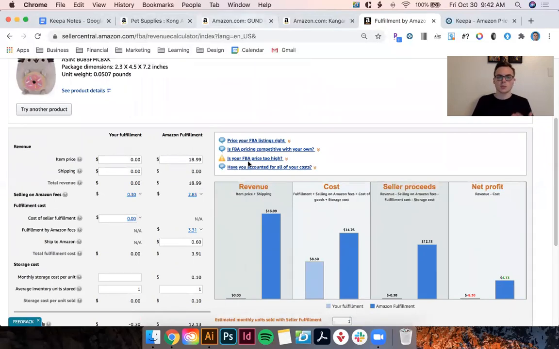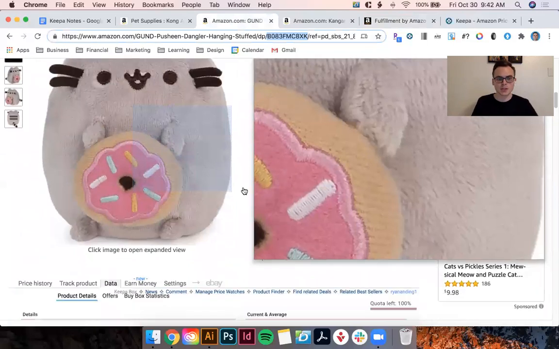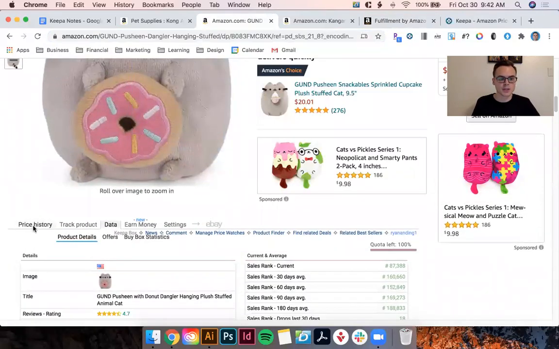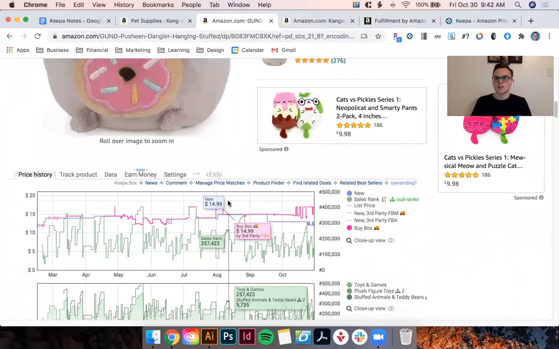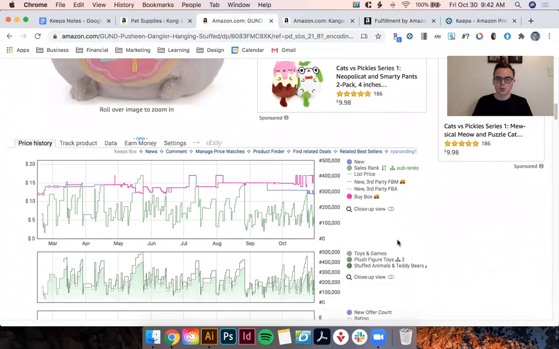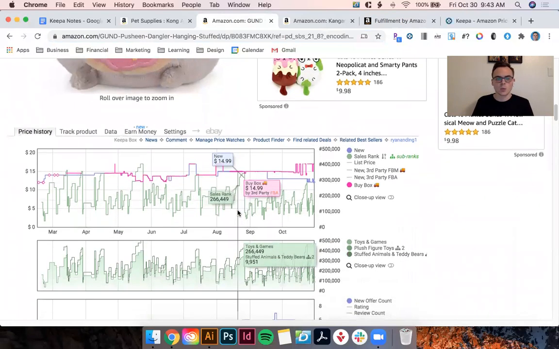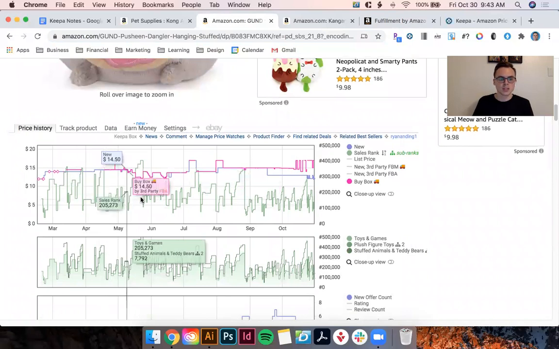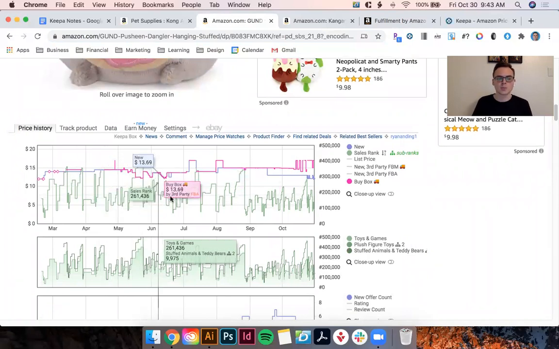So I would use that information to make that decision. So this has been a brief overview of how to use Keepa. Again, we've talked about the 3 main important things you want to look for in a listing, which is the demand. We want to look at our competition, and we want to get an idea for our profit. And so using Keepa and the FBA Revenue tool, we have been able to see and evaluate listings based on